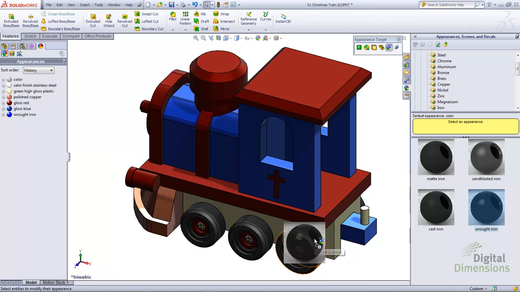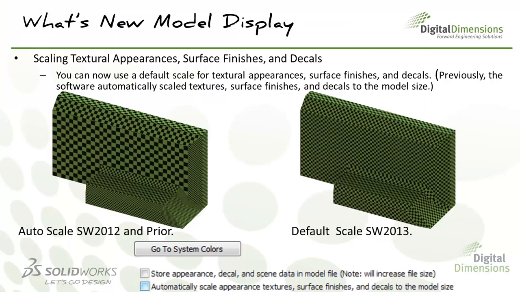And I'm going to go ahead and change this back to wrought iron. And with that, let's get back to the slideshow. And the next great enhancement for SOLIDWORKS 2013 is in regard to appearance scaling. In the past, when we applied an appearance or a surface finish or a decal, SOLIDWORKS chose to scale that item to the model. Okay, well now in SOLIDWORKS 2013, they're giving us the ability to turn off that option of automatically scaling the appearance to fit the geometry and basically revert to the default scale of that appearance texture